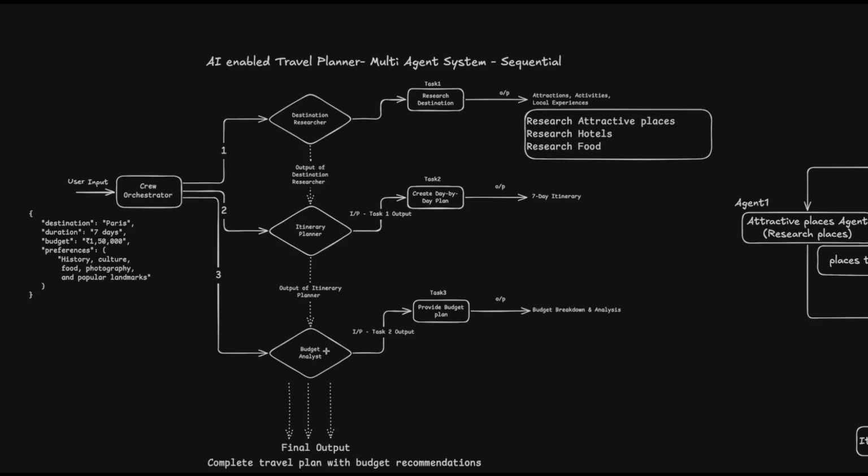If you take a look, there is one problem here. The destination researcher is doing multiple tasks. It does the research on the attractive places. It does the research on the hotels. It does the research on the food also. All these three tasks are being performed by a single agent. So if we can split this particular task into multiple agents, that is, in a parallel way, this is how